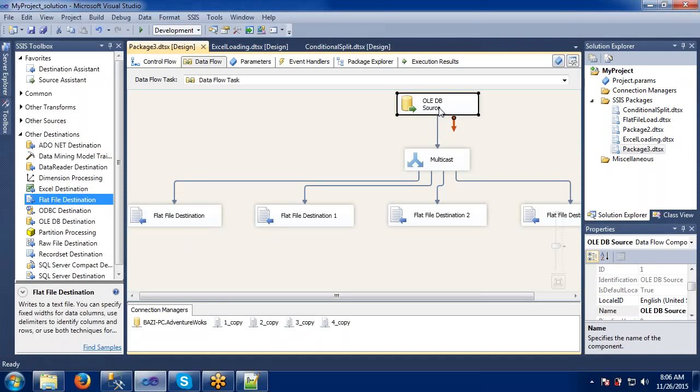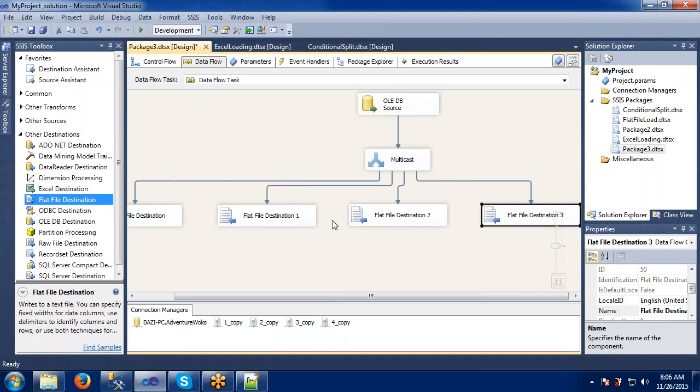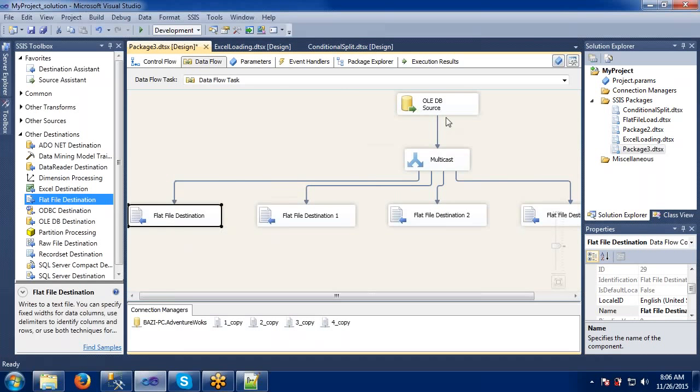If you observe this, say there is one requirement. I have to send the source to some 4 different tables here. So for that, in the first package, one source, one destination. So to not repeat the 4 packages, I have created a single package where I can connect a single source to the multiple destinations.